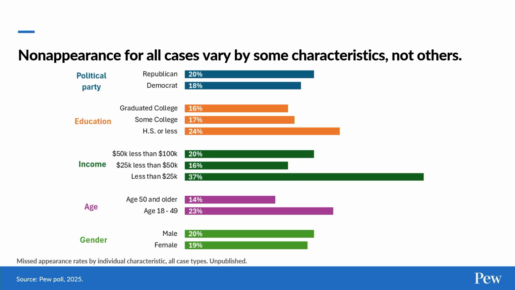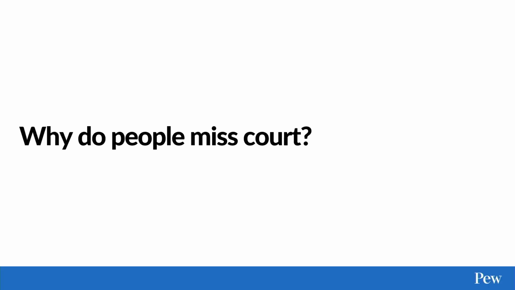And again, this is important for a couple different reasons. One, beginning to see a trend here, these are folks who are overrepresented in our court system, period. Secondly, it starts to call into question some real issues of fairness and equity, if the folks who are in more vulnerable population groups are the folks who are having less access to the justice system and missing court more frequently. So this brings up one of the crucial questions today. Why do people miss court?